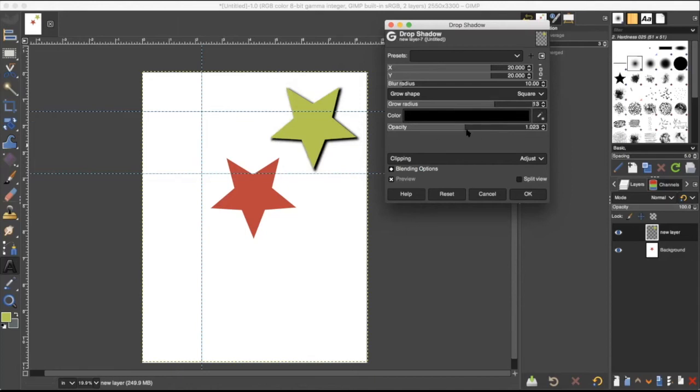I also maybe want to make it a little bit lighter. It's too hard. So bring it to... if I want to see what it looks like, it'll split your screen. You can select split view. Let's say